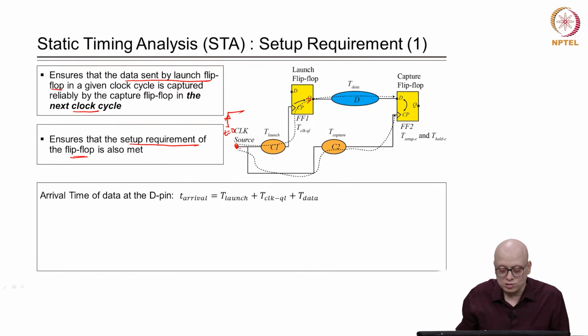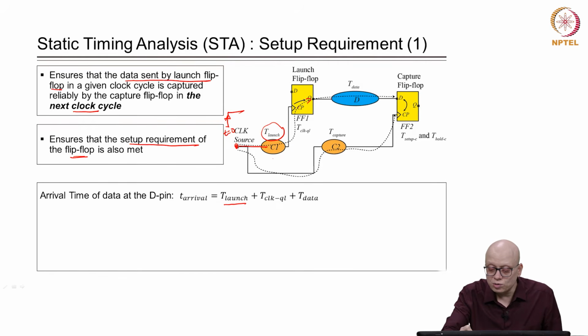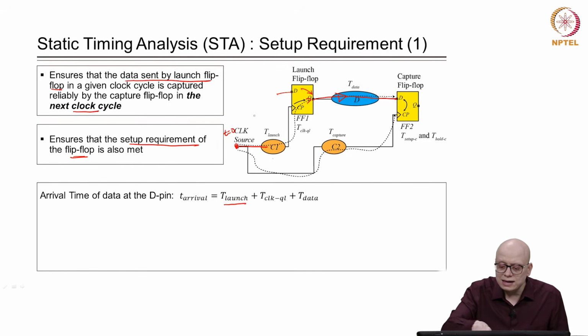Now, this clock signal will undergo a delay of T launch, and it reaches this clock input, and the data will be captured. Whatever was at D will move to Q and start propagating in this combinational path, and finally reach the D input. Now, when will this data reach the D input? We can add the delay and just find out,